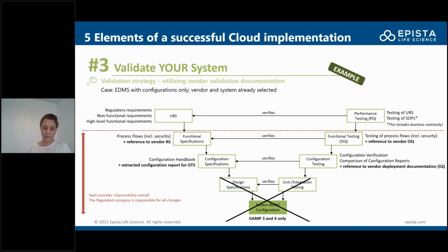We were still referencing what the vendor had been doing. They had requirement specifications for standard functionality, but again, we were playing around a bit with that, changing the system. So we were specifying that in those overarching flows. One level below that, we then also had a configuration handbook where we were defining those configuration settings that were